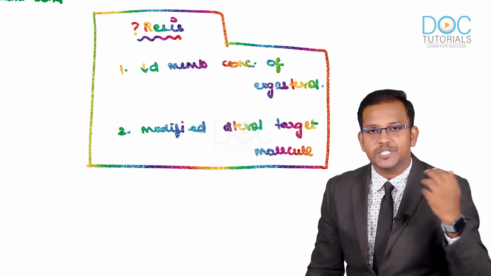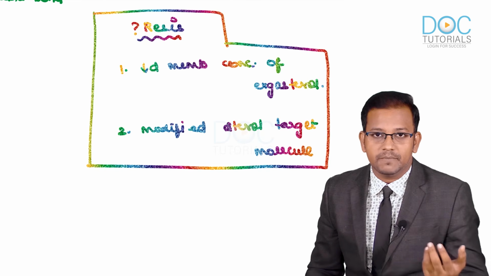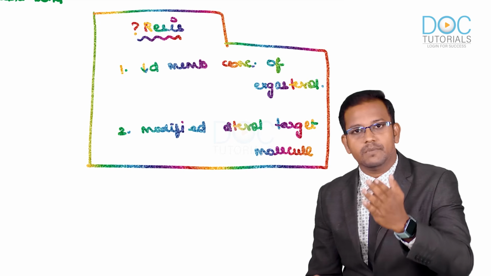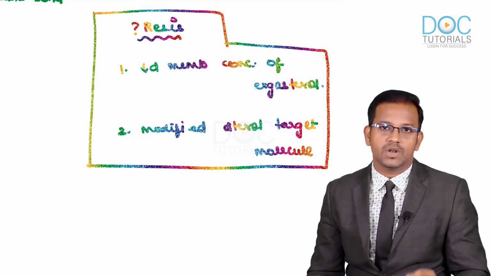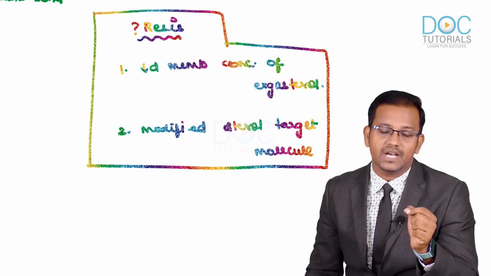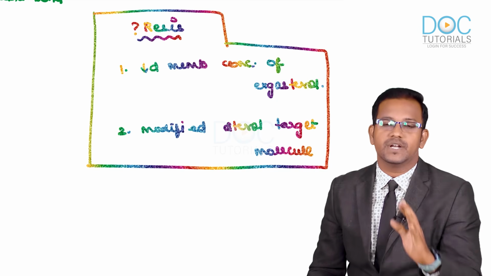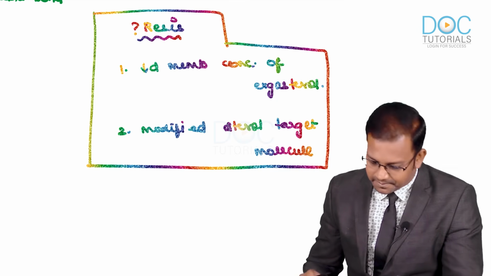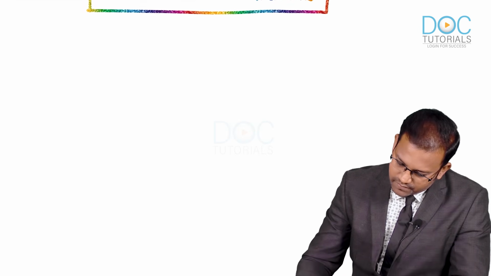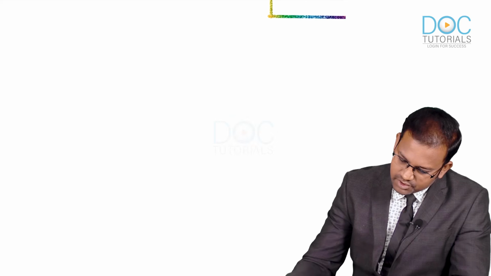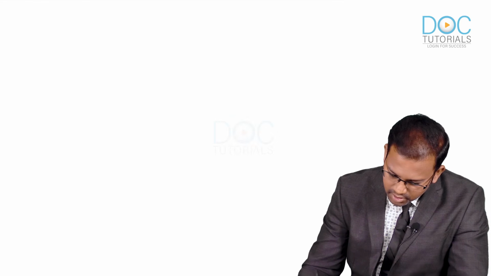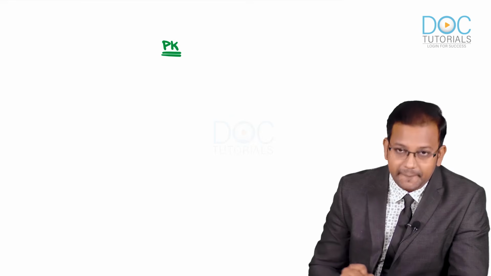Please remember. So which part of amphotericin B binds with ergosterol? The double bond side is going to bind with ergosterol. The central hydrophilic area is going to be involved in leakage of intracellular ions. Clear? Now, moving on to the next one, we're going to talk about the pharmacokinetic features of amphotericin B. We're going to talk about PK features of amphotericin B.